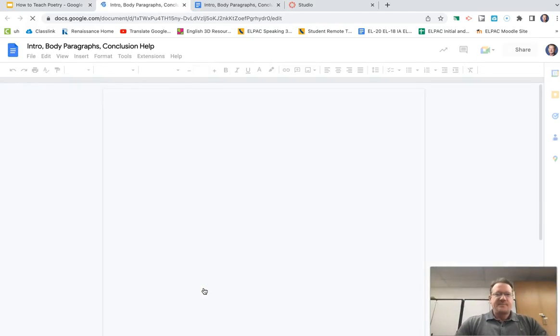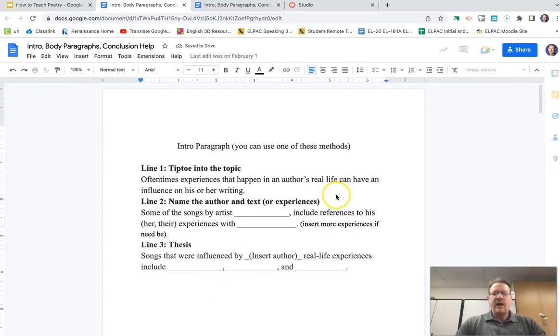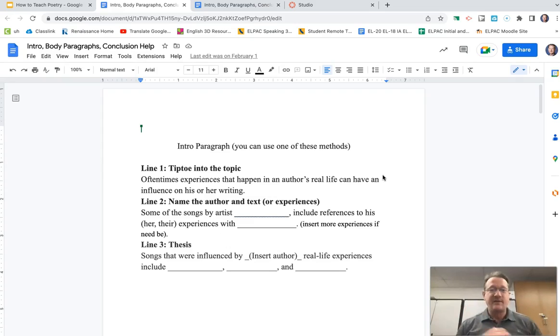So last thing, and I have been accused of, Matt, you make essays a little too easy for students. I'm like, good, because that's a compliment for me. Because again, parts of the brain are not fully developed yet. So I try to give as many sentence starters as possible so they can memorize these things.